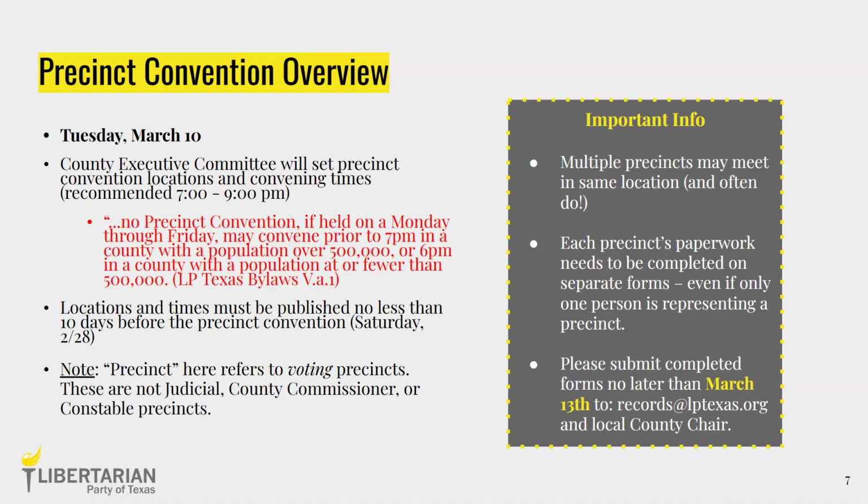So I usually just schedule mine from 7 to 9, and it usually doesn't even take that long for my county. But we just kind of have it as a 7 p.m. start time. And I think that's a good round number, and it allows people to get from work to wherever that convention's site is going to be. And again, the locations must be published no less than 10 days before the precinct convention. So again, we're treating that deadline as Friday, the 27th, even though 10 days before it